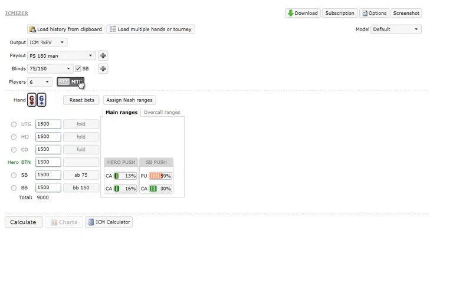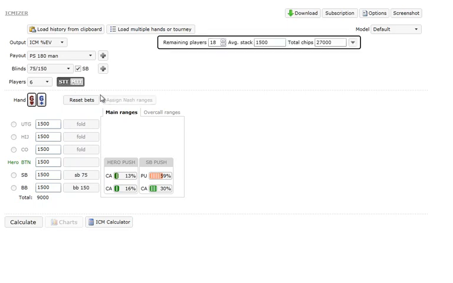If you want to view the situation as a multi-table tournament which is still running and there are additional tables, you need to switch this to multi-table tournaments and enter the total number of chips in the tournament and the remaining number of players. So here we have 9,000 chips